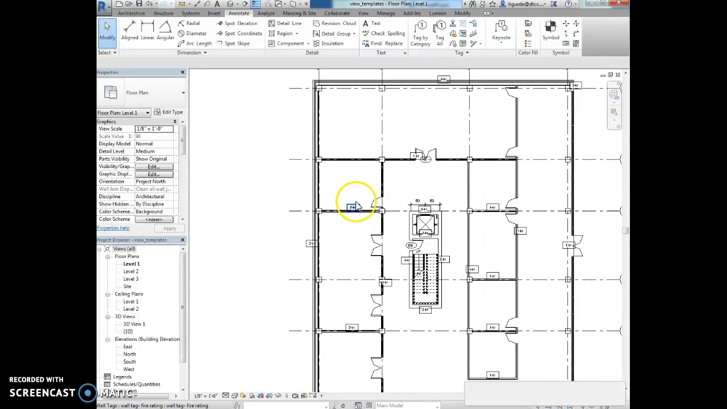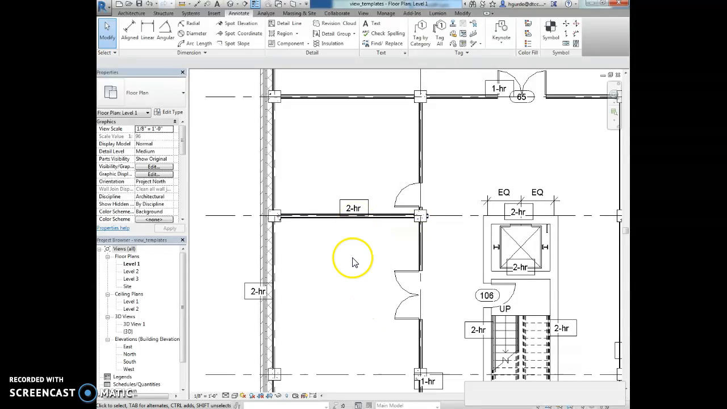And then we're going to zoom in to inspect the tags. So now you can see that these walls are labeled with a 2-hour fire rating or a 1-hour fire rating. The next step, in the Properties pane, we are going to click on None, the None button next to